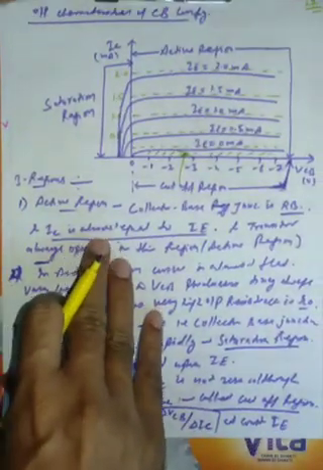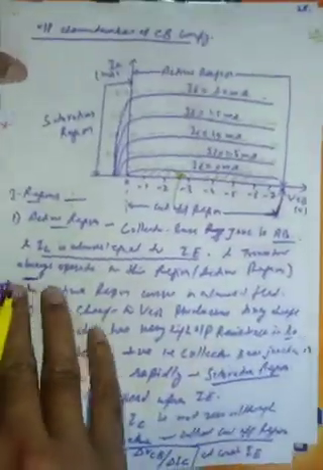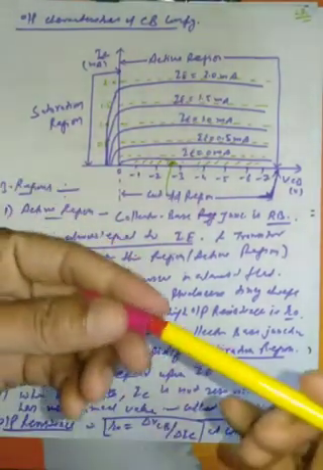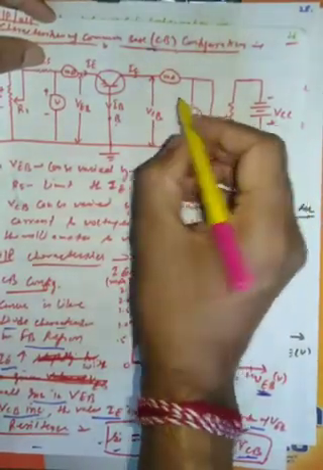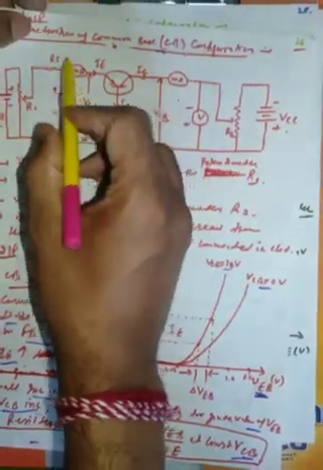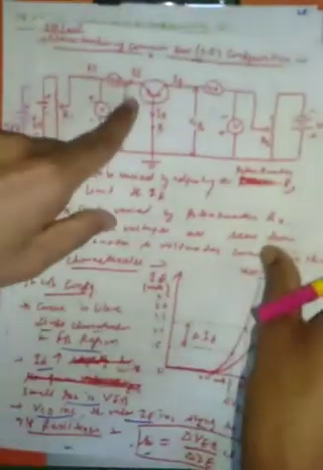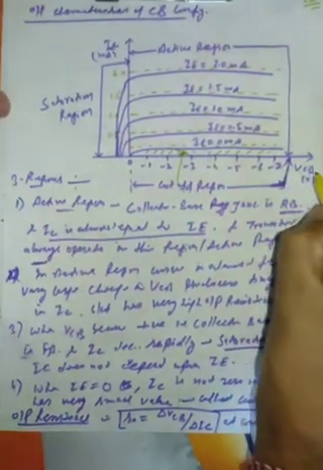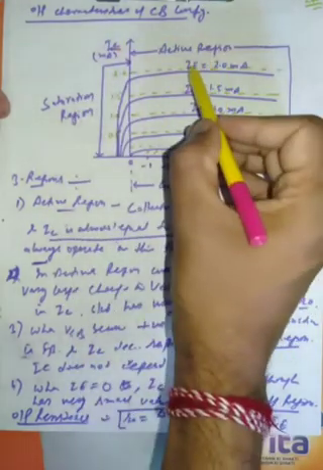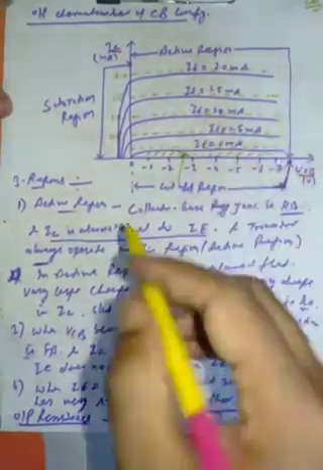So next is the output characteristics. In the output characteristic you can see this is VCB and IC, the voltage across the output side, as you see in this diagram. The output voltage is VCB and the current is IC, and the input will be the emitter current. So varying the input current we get the change in the output. The variables are VCB, the voltage across collector and base, and the collector current, and by changing the emitter current we get the output characteristics.